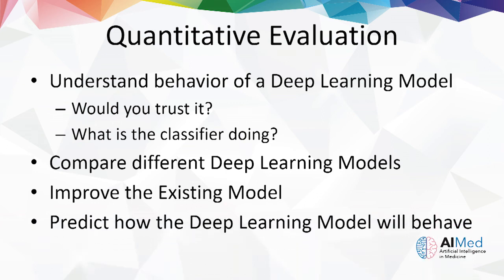And it helps us predict how the deep learning model is going to behave. In this particular one, if you showed it a picture of a husky surrounded by snow, you're going to say it's going to be wrong on that one. It's going to say that it's a wolf based on the explanations that we've seen.